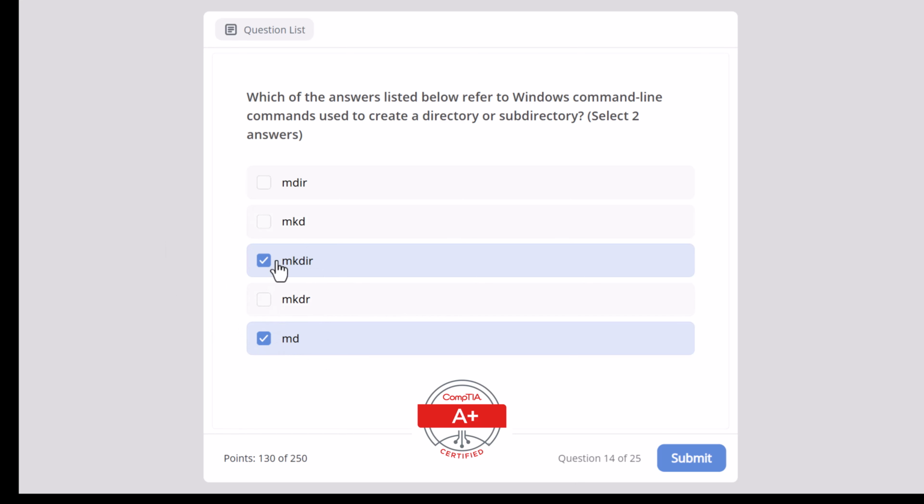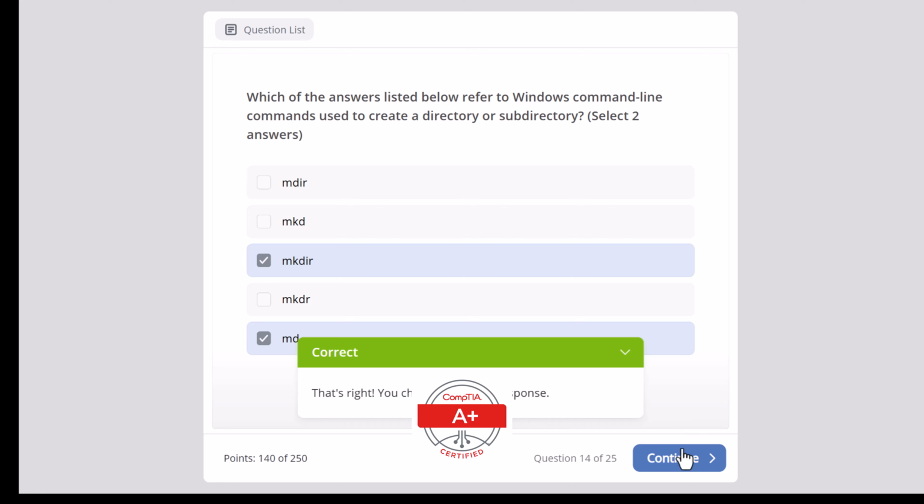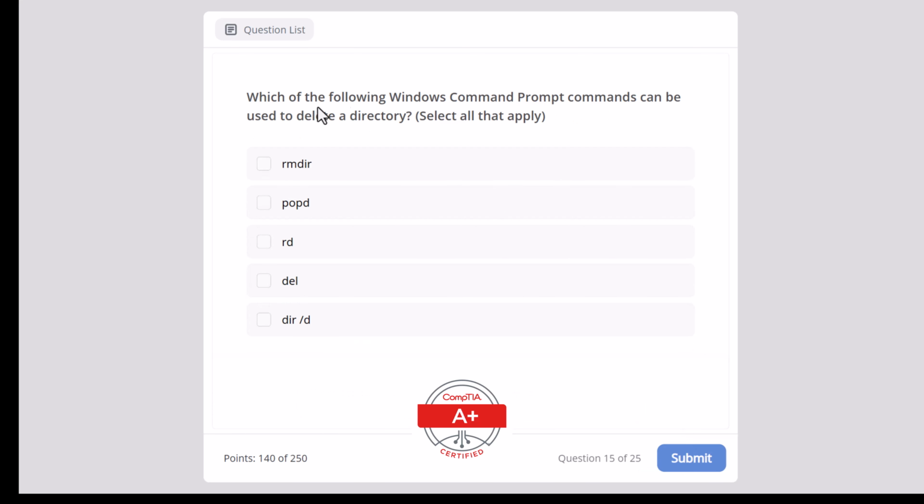md is the same as mkdir, only md is a shortcut for mkdir. Let's click submit, and this is the correct answer. Which of the following Windows command prompt commands can be used to delete a directory? rmdir, popd, rd, del,